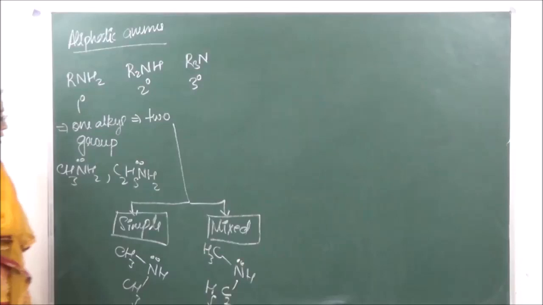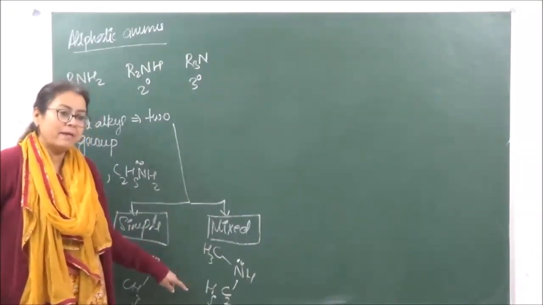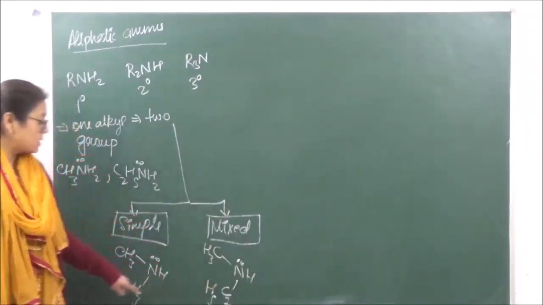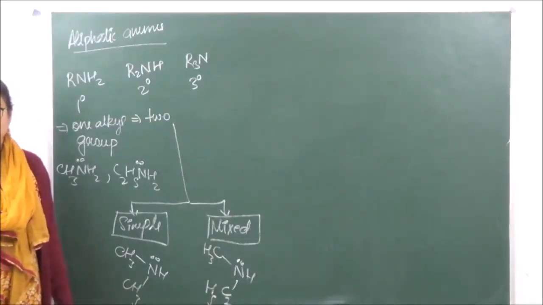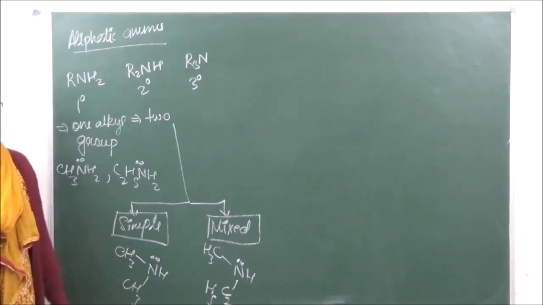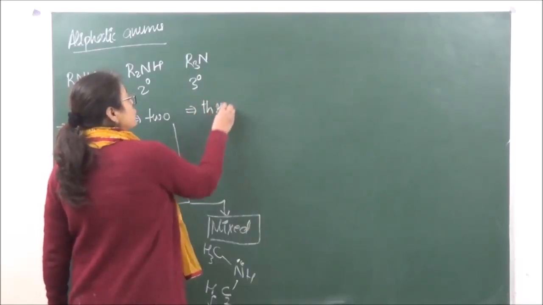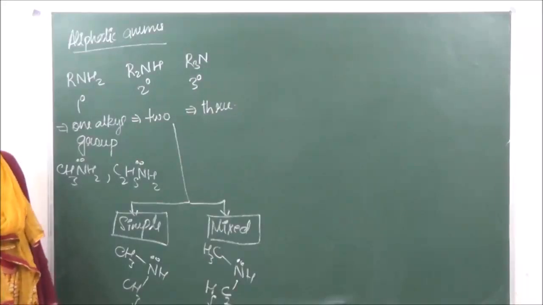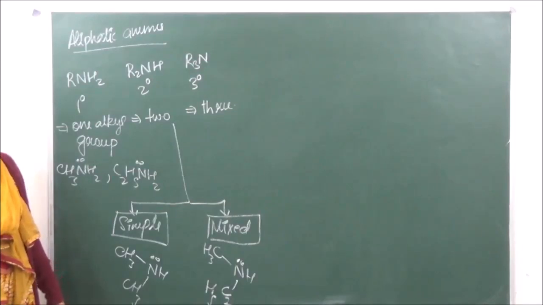Okay, so now over here, how are we going to name this? There are two different alkyl groups present. Then we name it alphabetically. This is going to be ethyl methyl amine. Okay, so we have simple amines and we have mixed amines. Then in case of tertiary amines, we say that they have three alkyl groups attached to nitrogen. You can see over here that there are three alkyl groups. Now these may also be simple and mixed. In simple, all three alkyl groups are the same, and in mixed, they are different.